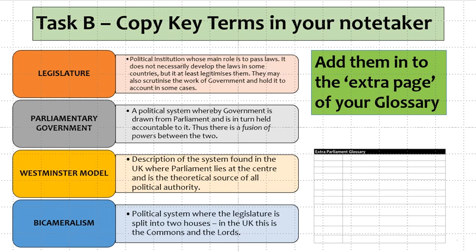And then finally, bicameralism. Actually, the UK and the US both have bicameralism because we have two chambers in our parliament. Some countries don't. I think a notable example of a non-bicameral country is, if I remember rightly, Bangladesh, which only has one chamber. That would be a unicameral system, but we are a bicameral system.